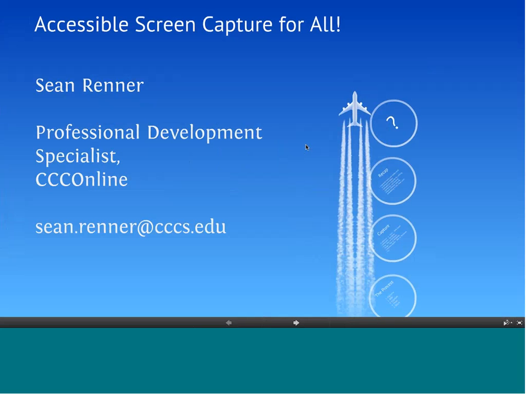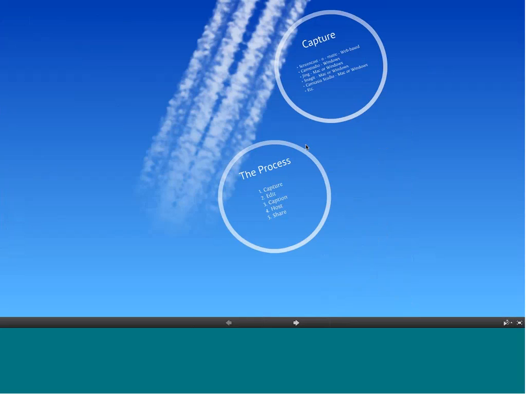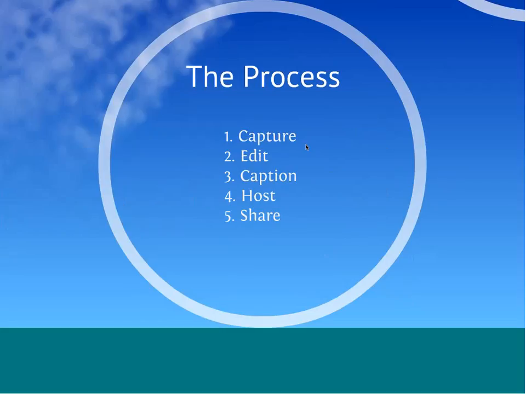Okay, here we go. So this is the process that we're going to look at today. And this is really kind of the process for creating any piece of multimedia content, any type of video. The first step in that process is going to be capturing. So we're going to look at how to capture the screen on your computer specifically, and how to actually create that content. We're going to be capturing the video from your screen, and we're also going to be capturing audio with the tool that we're looking at today. The second one is editing. We're going to look at some basic ways to edit today.